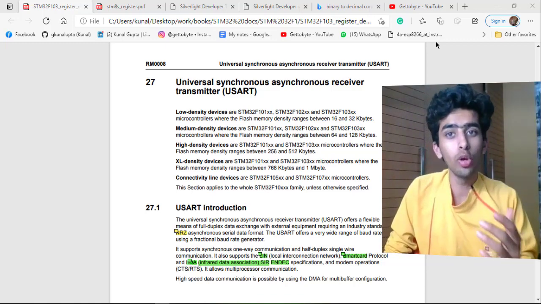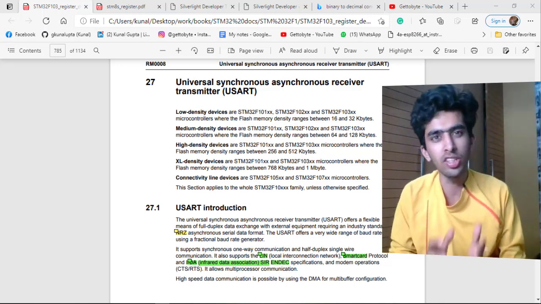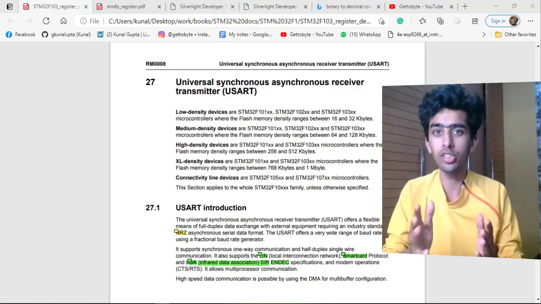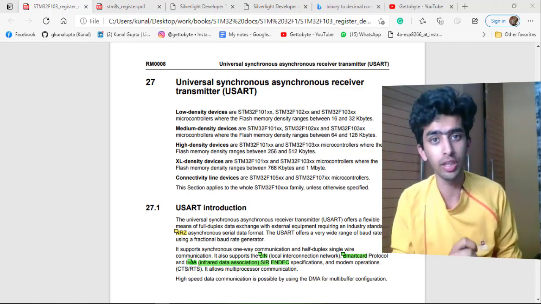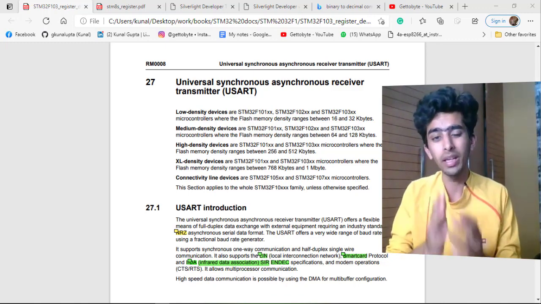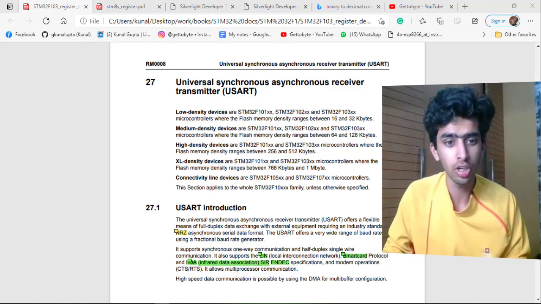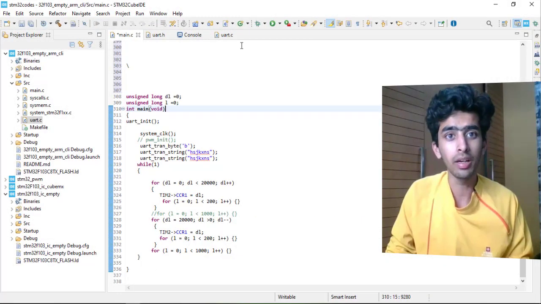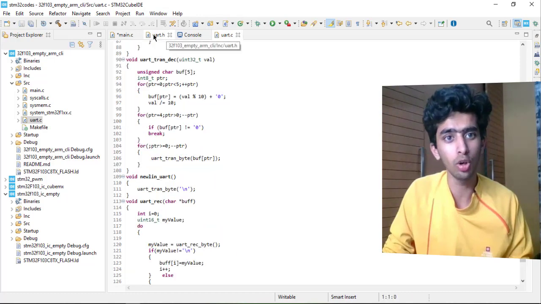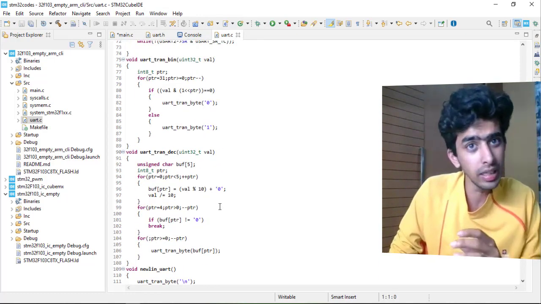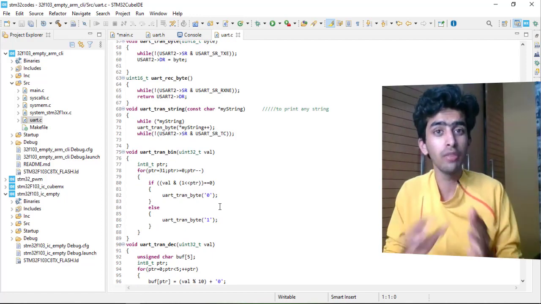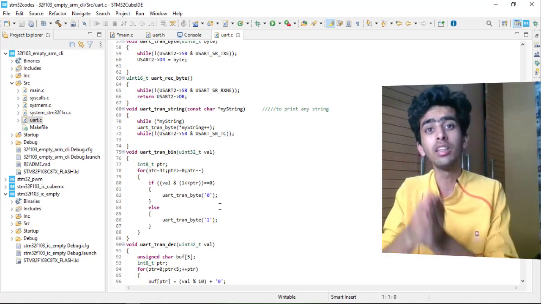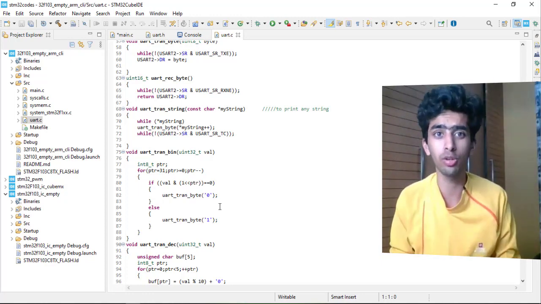Today in this video we are going to explore the UART communication in the STM32 microcontrollers. We are going to make the device driver for the UART communication using the UART feature in STM32, and make it totally from scratch using embedded C code and the registers of the microcontroller, by creating UART.c and UART.h, both of these files, for transmitting the data, for receiving the data, and for printing integers, strings, binaries, hexadecimal, and the fractional parts in STM32 microcontrollers.